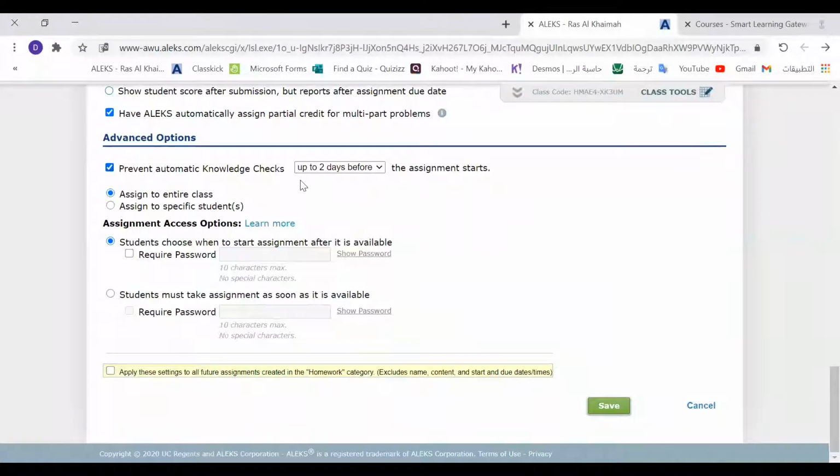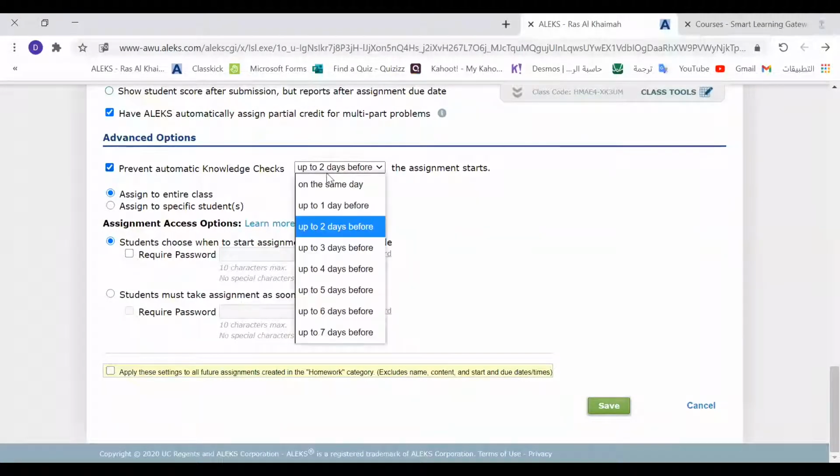So what you can do for your student is prevent the automatic knowledge checks. It can be on the same day if you are having a quiz, or if you are having a revision, you can prevent it up to two days before,